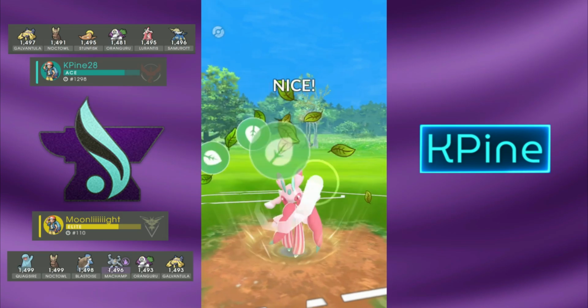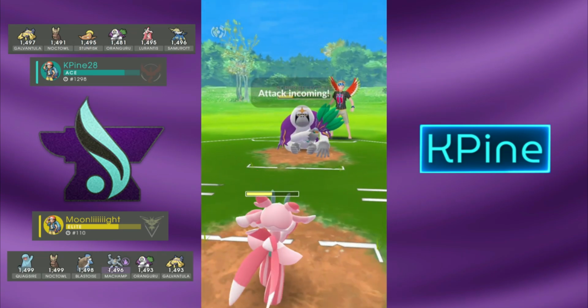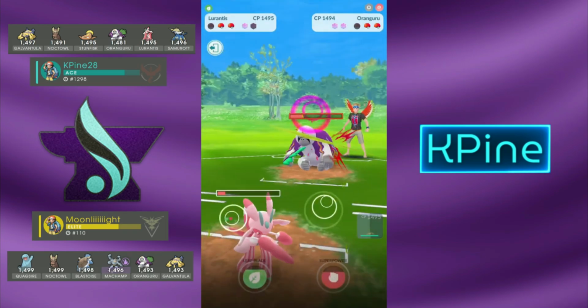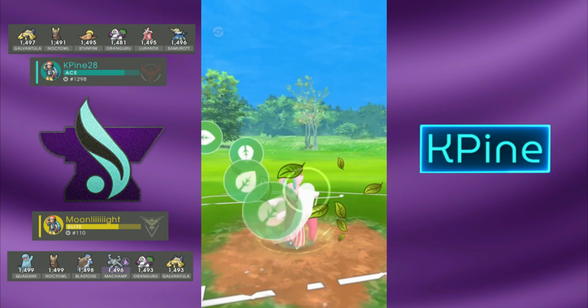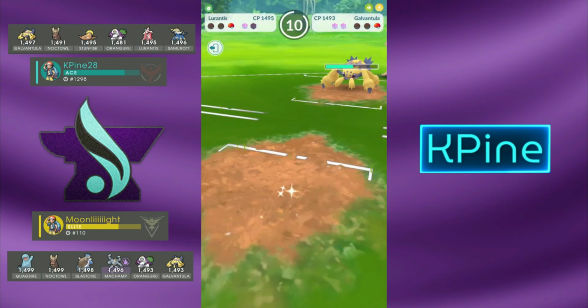This is a pretty good matchup for Lurantis just because it significantly outpaces the Rangaroo to these charge moves. Rangaroo is going to be throwing off a foul play. I know I do survive this, so I'm going to let it go, and I'm going to throw my second Leaf Blade right before their confusion takes me out. I'm expecting to get the shield from the Rangaroo right here, and surprisingly enough, they let it go,